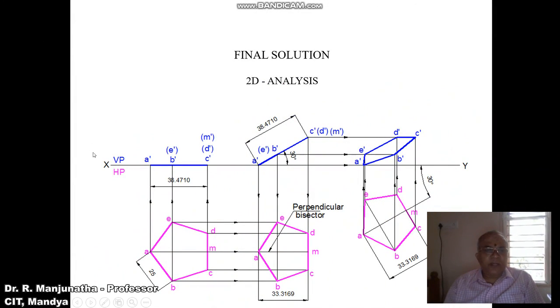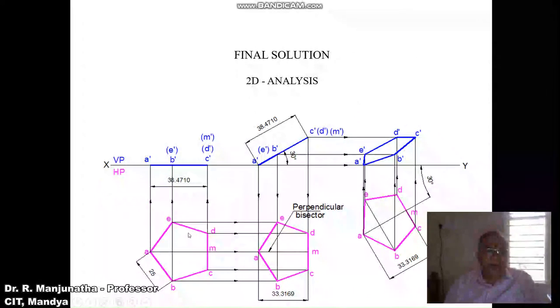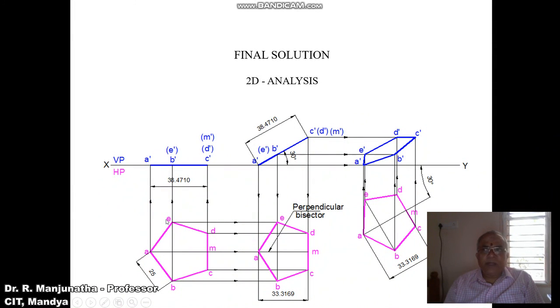First we are going to draw the XY line and mark XY, VP and HP with a thin line. Then we draw a vertical line perpendicular to the XY by measuring 25 mm, and you mark these points as C and D. Using the protractor with C as center, take an included angle of 108 degrees and draw an inclined line from C. Similarly, with D as center, take an angle of 108 degrees and draw a line from the point D.